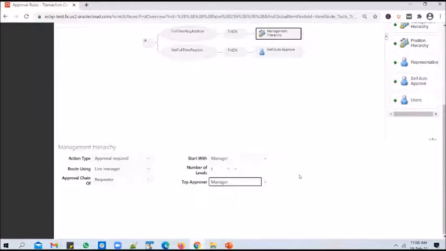But that might not be acceptable to the client. So they might want approvals to stop at a specific position, so they want you to set up a top approver so that approvals don't go beyond them. It can be configured using the top approver option here. It is configured as manager at the moment, and you can leave it that way.